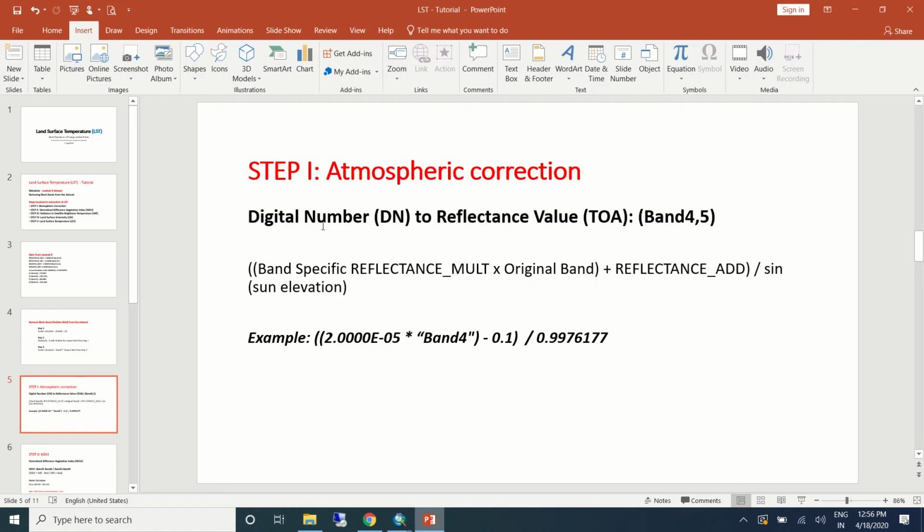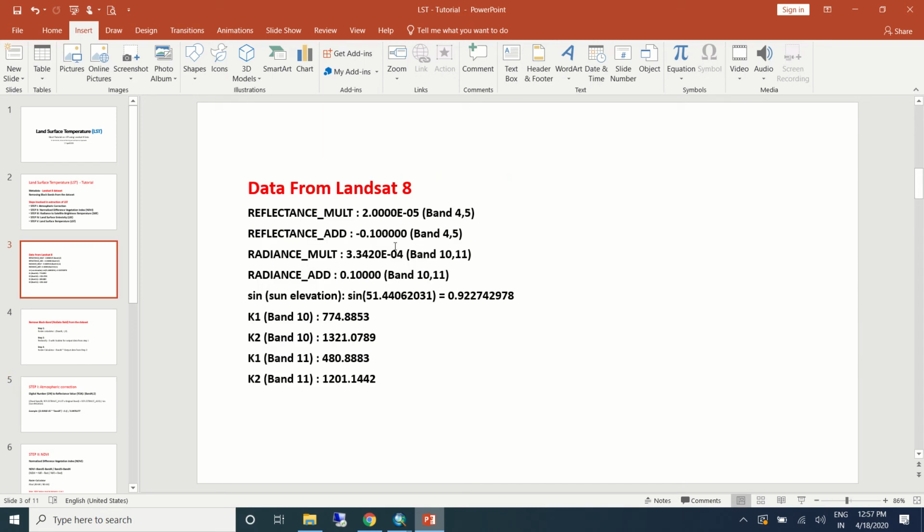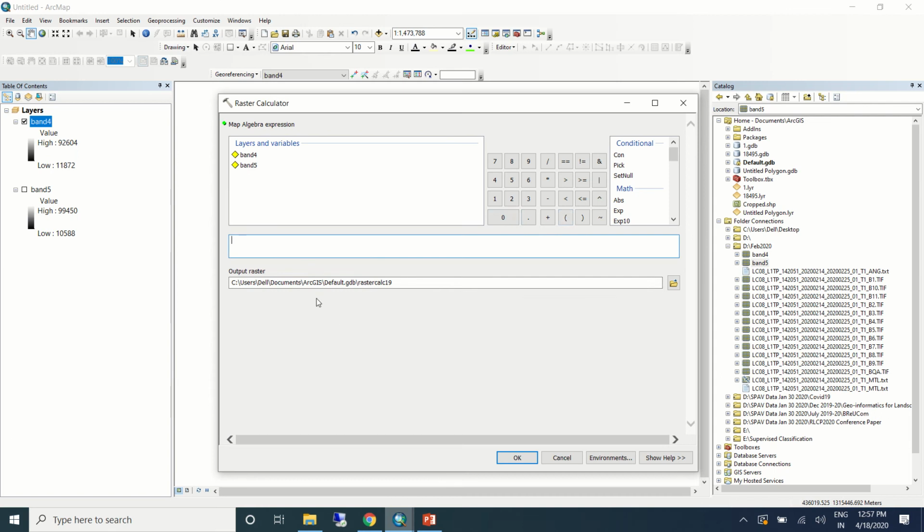That is band specific reflectance value of multiple band. We need the value for that. If you remember, we have taken this from the metadata, band specific reflectance value for band 4 and 5. So I'll copy this. Open bracket, copy, multiplied by the specific band.